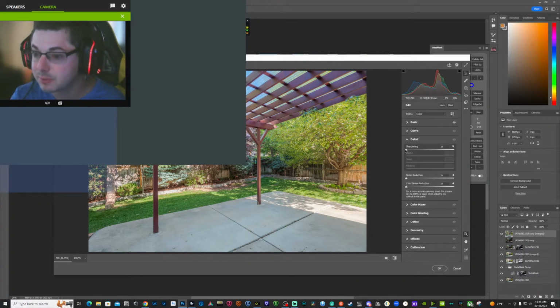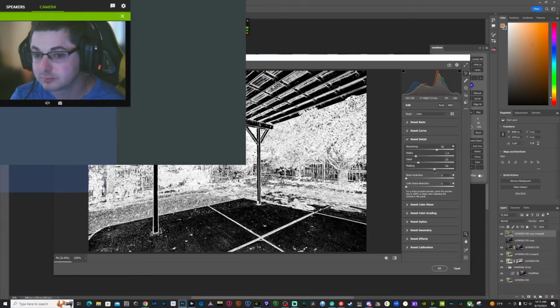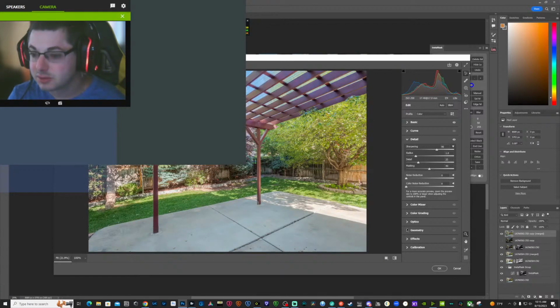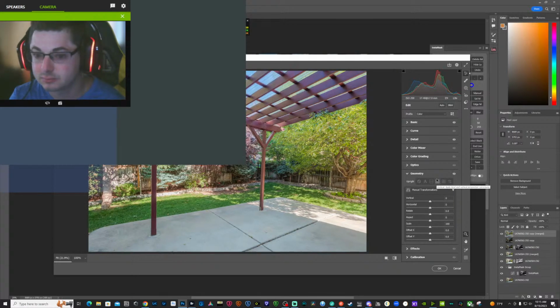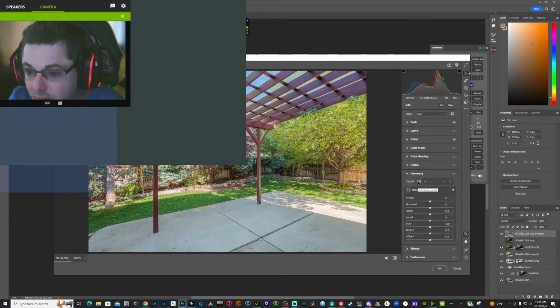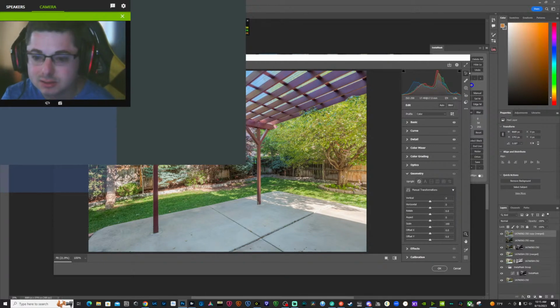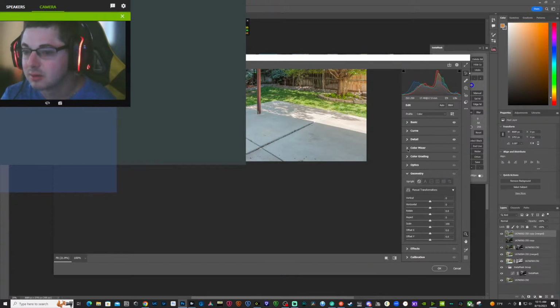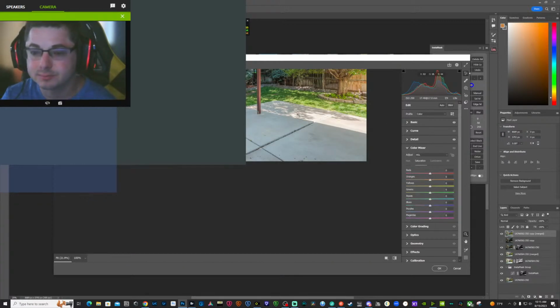Let's do some sharpening. Straightening. That was way off. So we're just going to leave that because that looks pretty straight on the fans. Some color mixing.